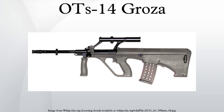Conflicts: the OTs-14 Groza has been used in the following conflicts. See also: List of Russian weaponry, List of bullpup firearms, List of assault rifles. Notes. References: Project Groza, Enemy Forces, Modern Firearms,